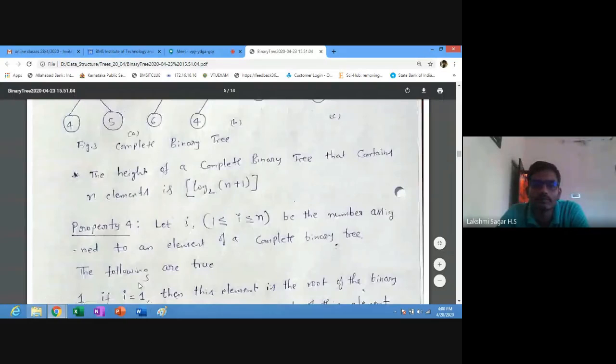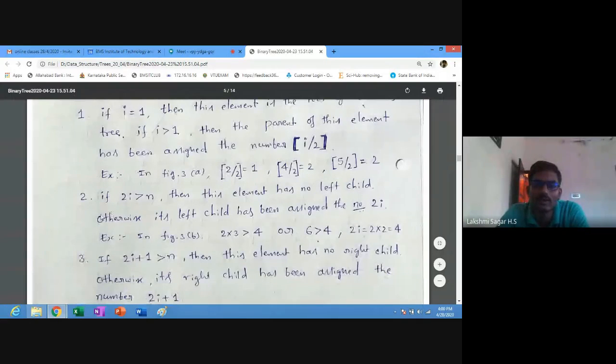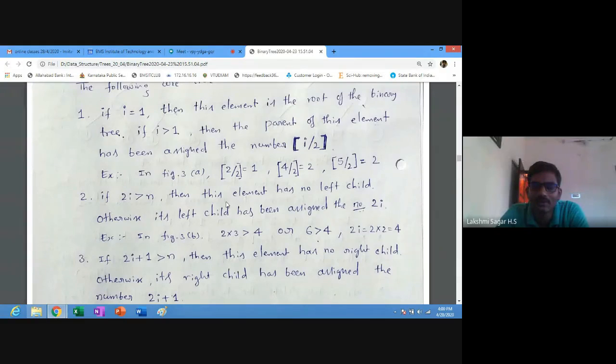Next. Second statement, you understand. If 2i is greater than n, then this element has no left child. Otherwise, its left child has been assigned the number 2i.